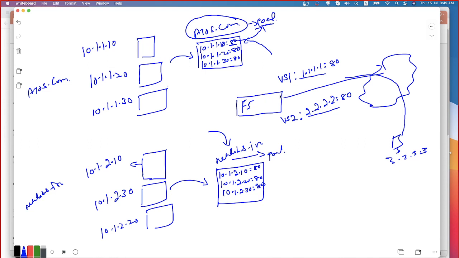Now the F5 sees that the traffic is received for 1.1.1.1, then he will check, do I have any virtual server listening on this particular IP address or not. If it is listening on any of the specific IP address, so the request is given to 1.1.1.1, now virtual server 1 is triggering that. You understand what I'm saying? The virtual server 1 is listening on 1.1.1.1 on port number 80.